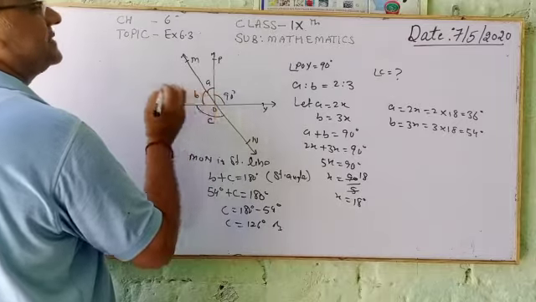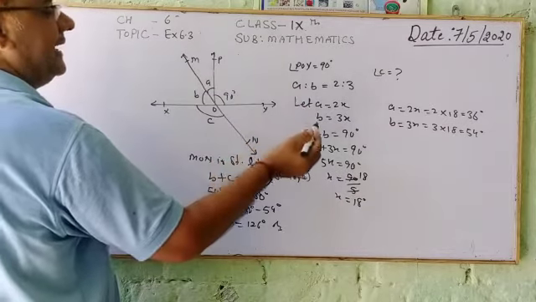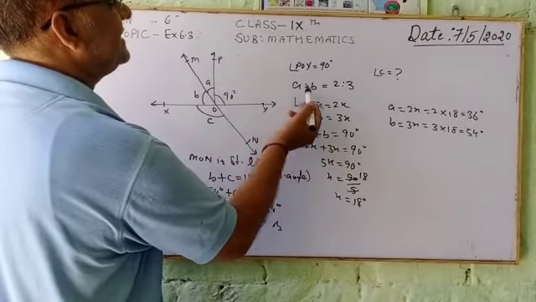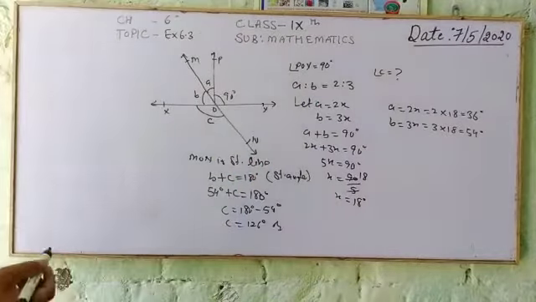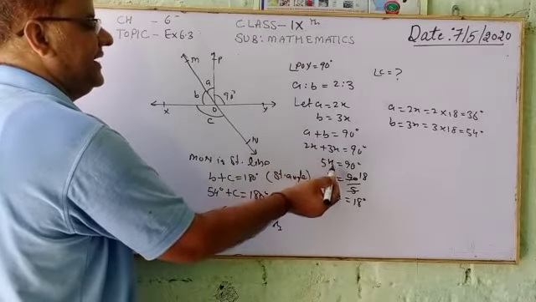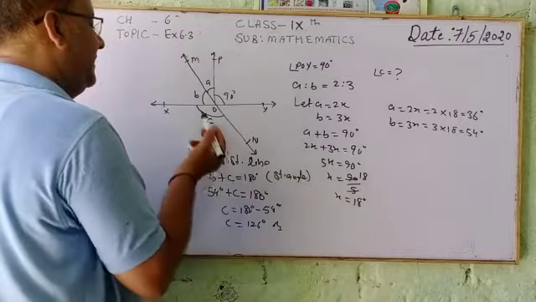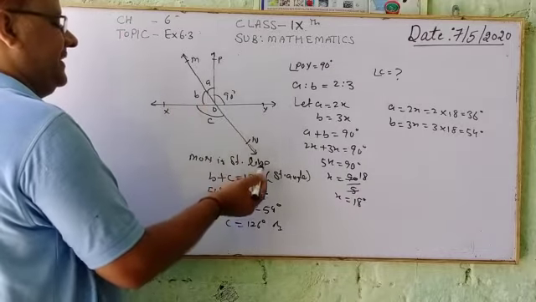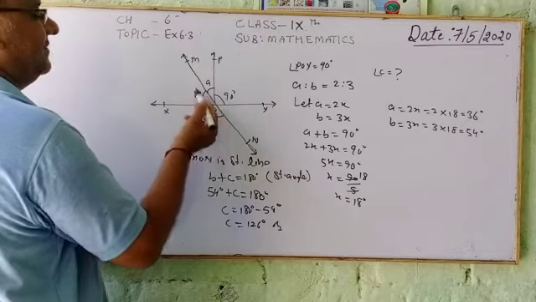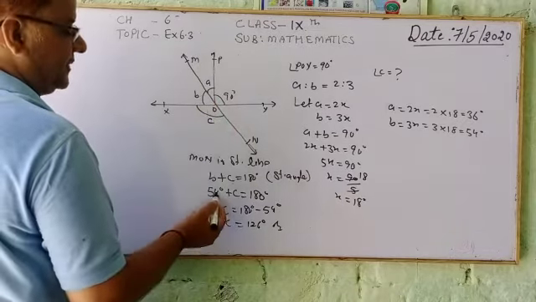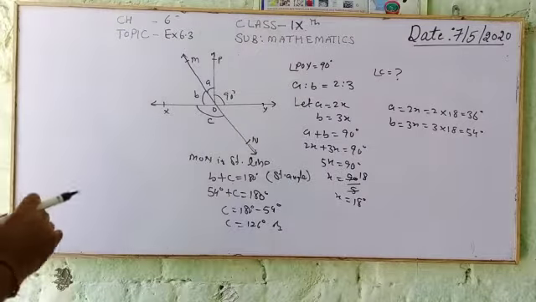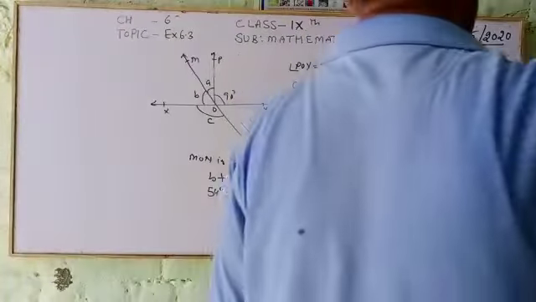So students, in this question, in the given figure the 90 degree is also given, so A plus B is also 90 degree. We are taking A plus B 90 degree. And the ratio between two angles, that is A ratio B, is 2:3. Let A equal to 2x and B equal to 3x. Put these values, we get the value of x, that is 18 degree. But we know that MON is a straight line. We make a straight angle. So B plus C, this and this makes 180 degree. And put the value of B 54 degree, we get C 126 degree. So students, solve this question easily.